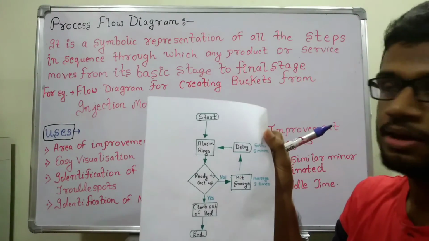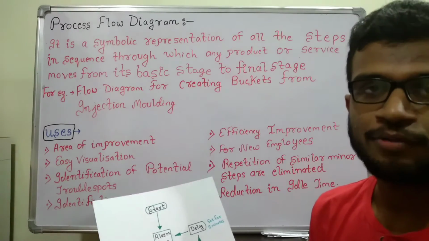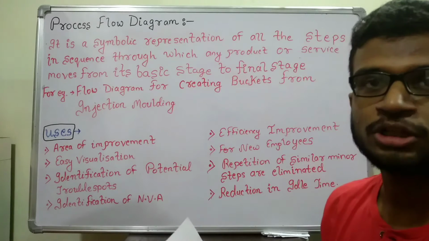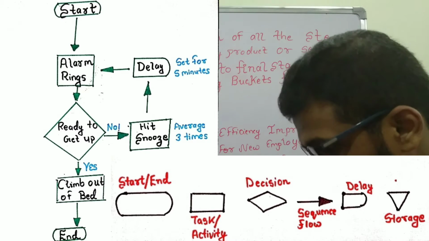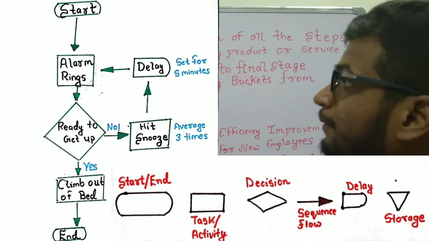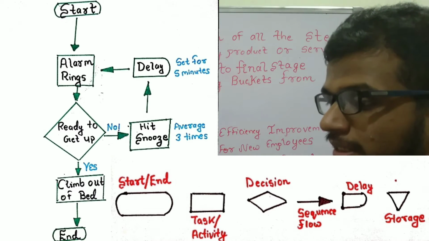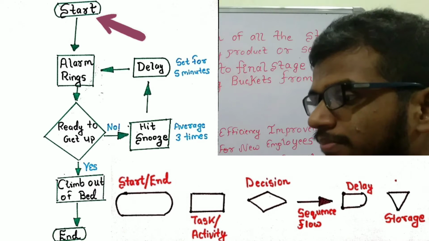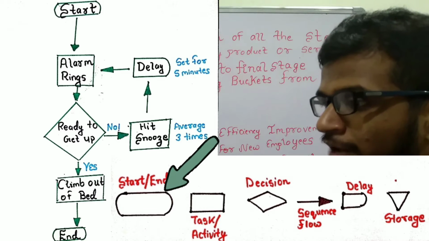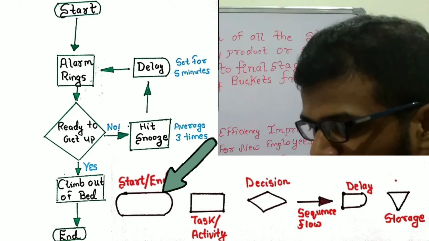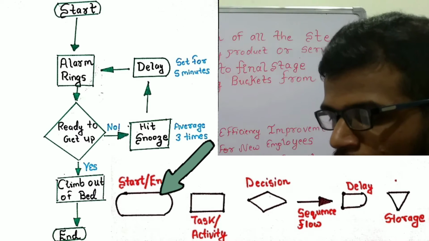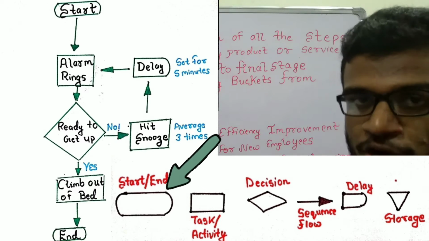Here it is. It is of getting out of bed in the morning when our alarm clock rings. So let me show it up on the screen. You can see here. The first thing, though it is the rule to start a process flow diagram, is by giving the word start. And this start and ending, they are within this shape. You can see how the shape looks. A kind of rectangle where one pair of its opposite sides are curvy and not straight.